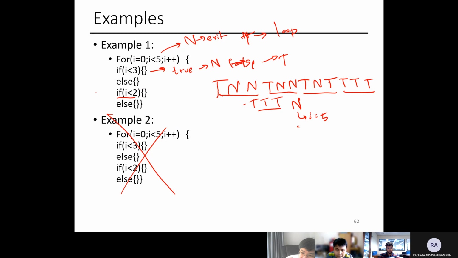Basically, the pattern of this whole loop is taken, not taken, not taken, taken, not taken, not taken, taken, not taken, taken, taken, taken, taken, taken, taken, taken. So that's my loop. With this, right? With this,